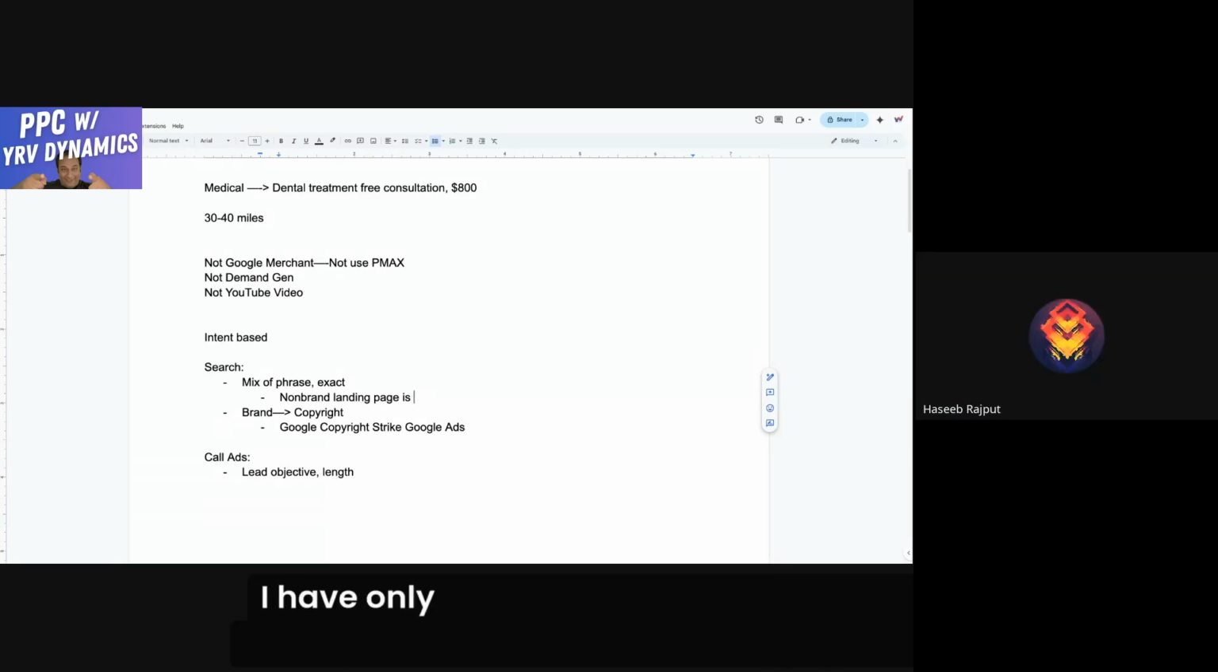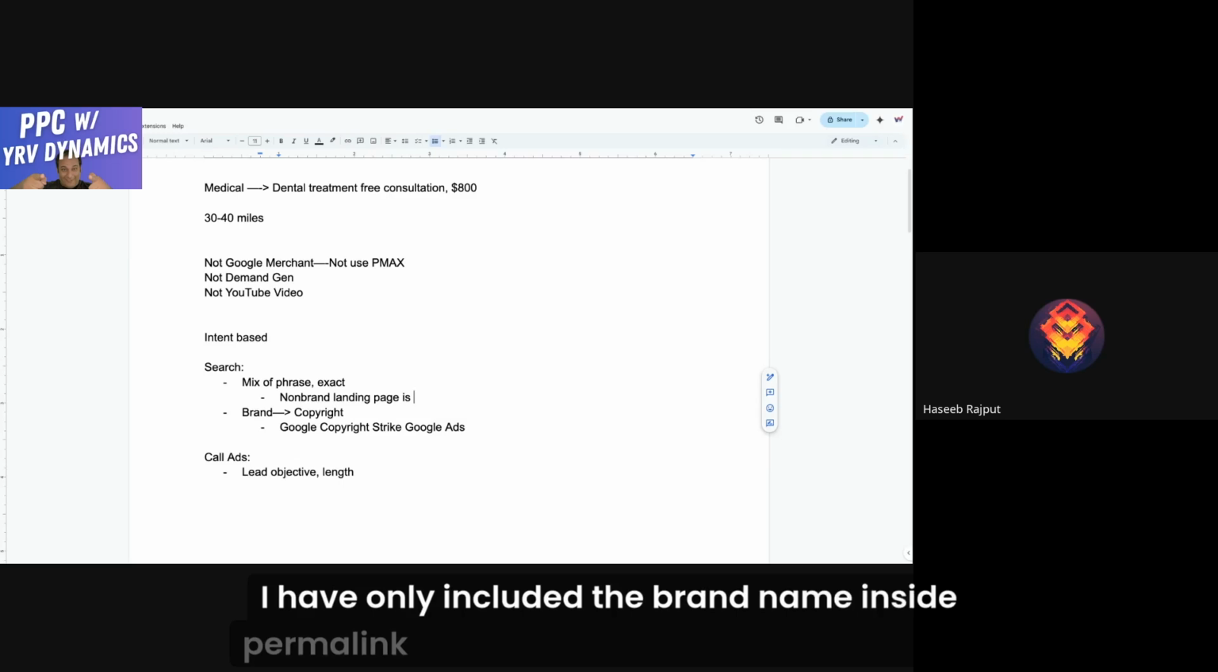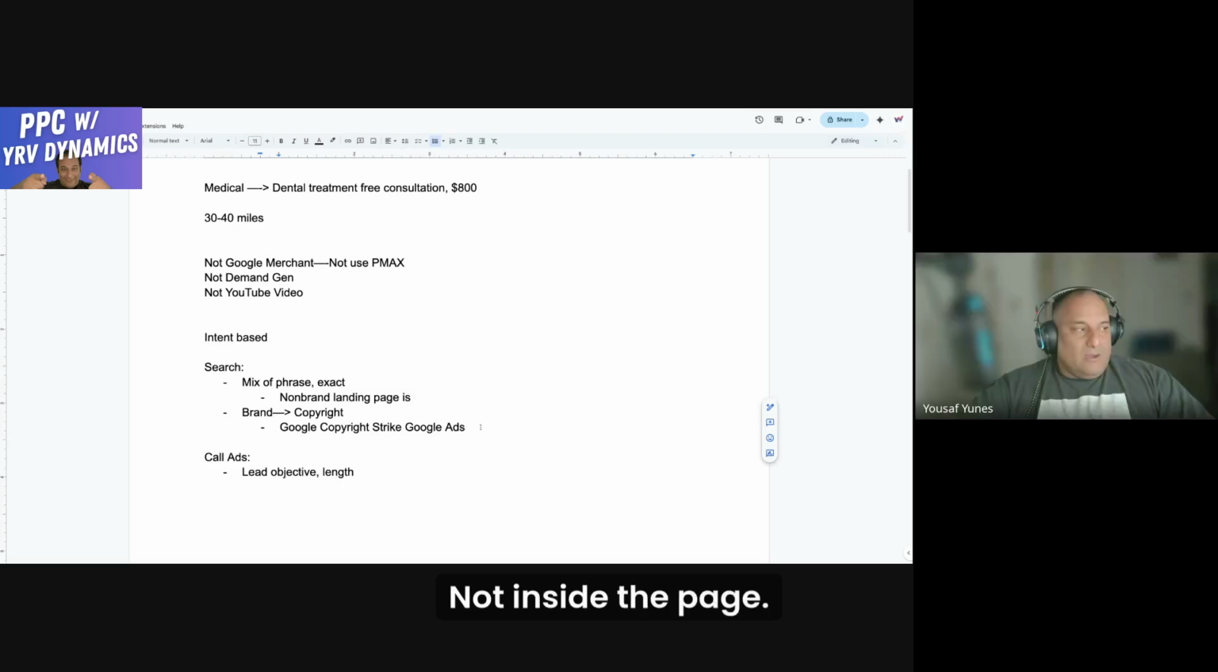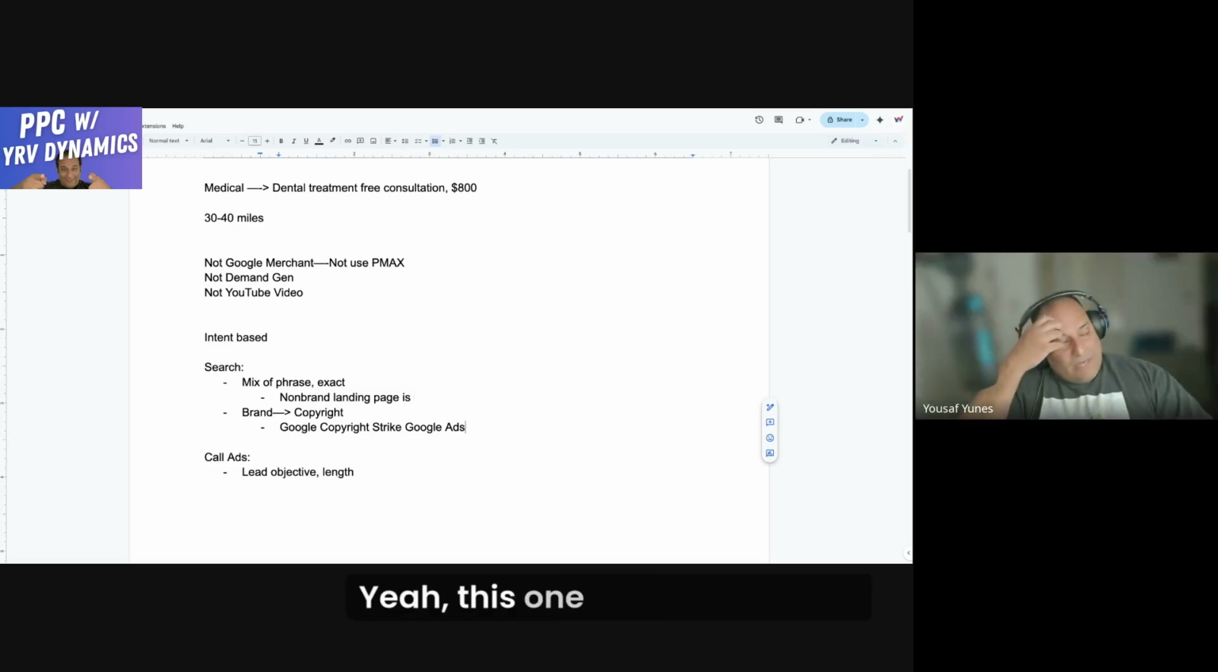I have only included the brand name inside the permalink. On my page URL, the brand name is only there. Okay. Not inside the page. Okay. Yeah, this one I'm kind of